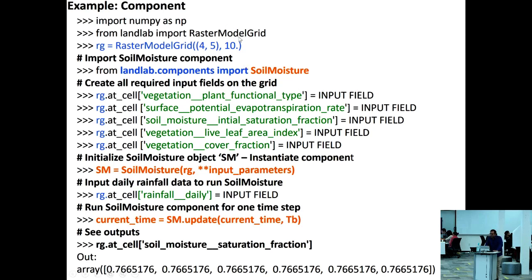You would initially create a grid and then import the component from landlab.components, and you set all the input fields that the component needs as inputs, and you instantiate the soil moisture component or initialize it. Here you can also read in inputs from a text file or a YAML file and set all the parameters that are not going to change during this process